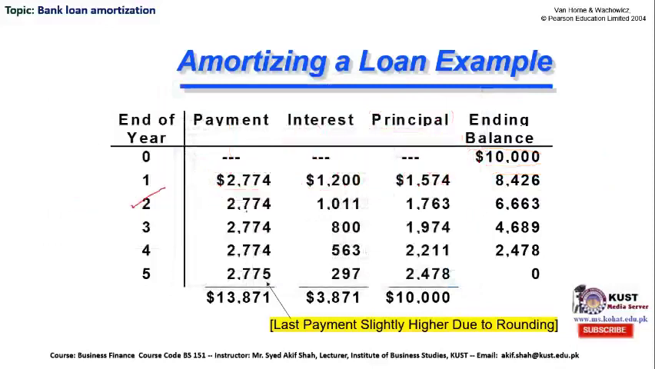At the end of second year, you have paid once again $2,774, and the remaining balance you need to pay to the bank is $8,426. So therefore, once again, $8,426, you need to take the remaining ending balance or outstanding balance, once again multiply by 12% compound annual interest rate, divide by 100, and it will give you this